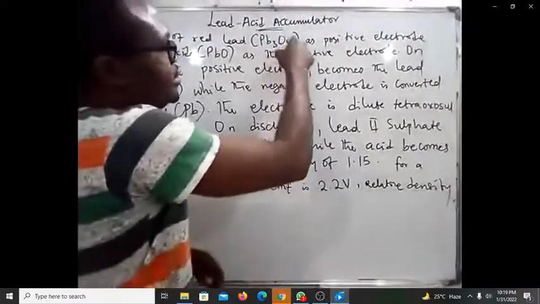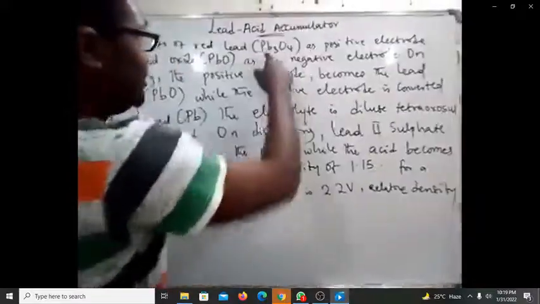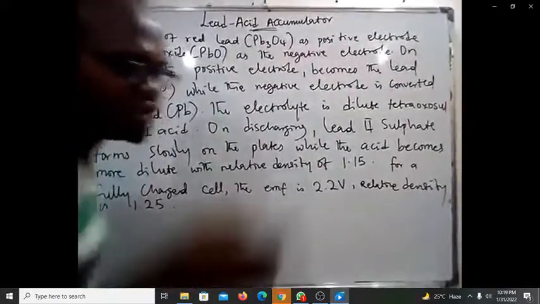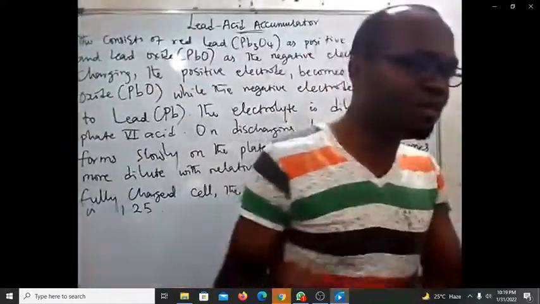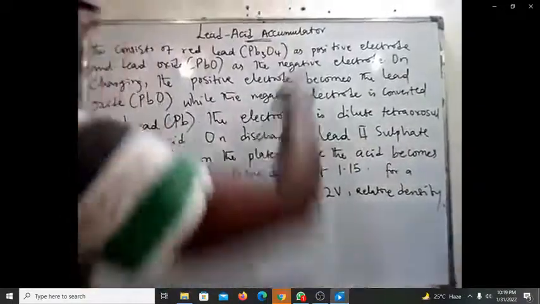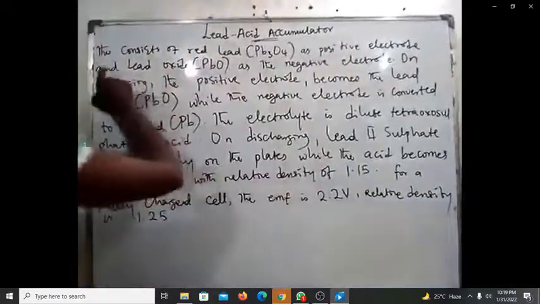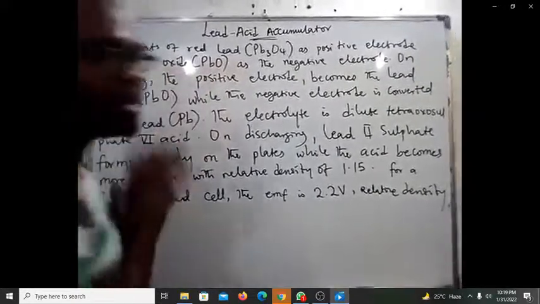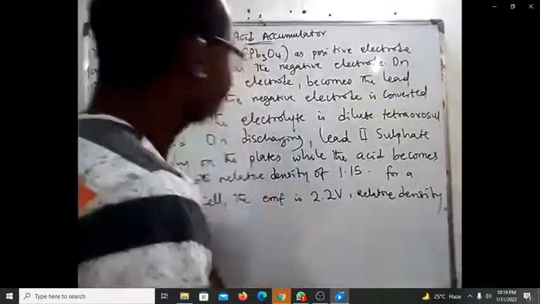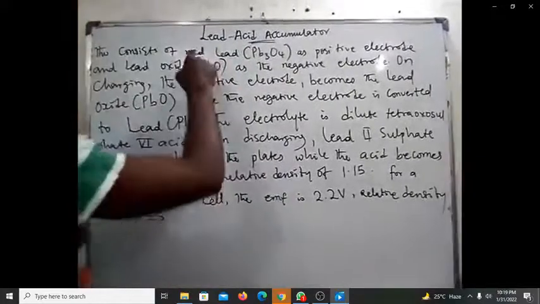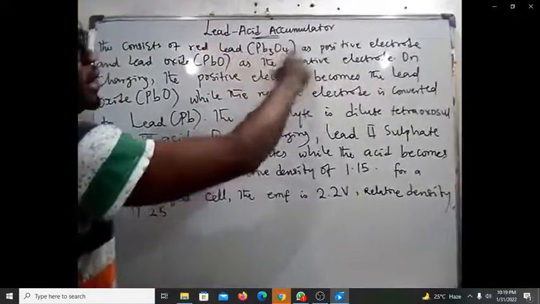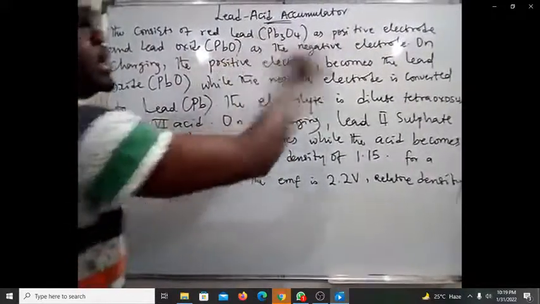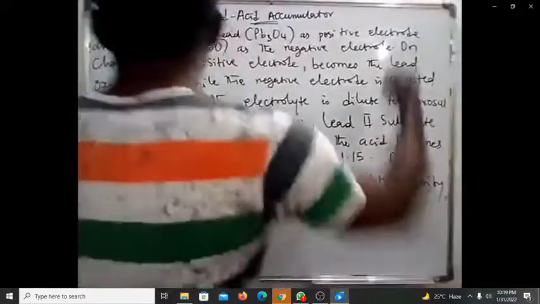Lead 304. You understand? This is the formula for the red lead. As positive what? Electrode. You know that every cell must have a positive and what? Negative electrode. So the positive is red lead, whereas the negative electrode is what? Lead oxide, PbO. You understand? So red lead, Pb3O4 is what? Positive electrode, whereas lead oxide, PbO, is the what? Negative electrode. On charging,